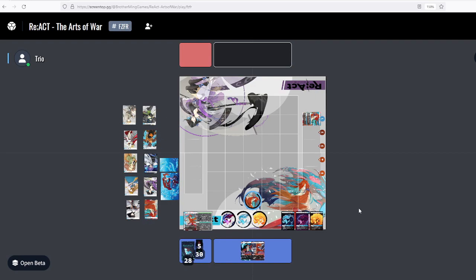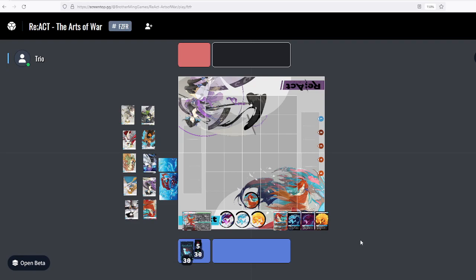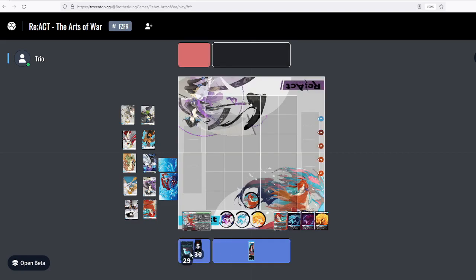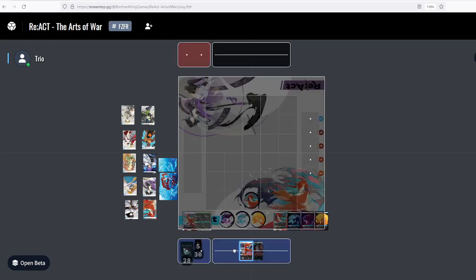When you need to, at the start of the game, shuffle your deck, you'll want to double click your entire deck so that way all 30 are there. And pressing Z will give it this little shake animation that is showing that it is being shuffled. As shown before, you can either click and drag to bring out your opening hand, or if you want to say draw them all at once,